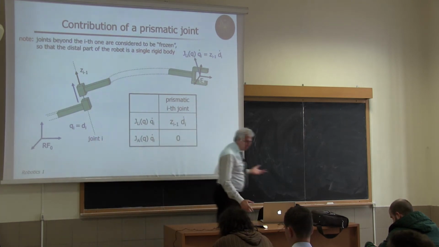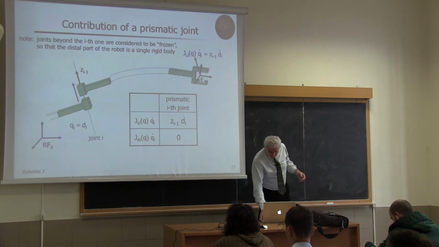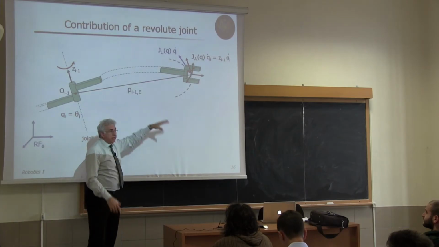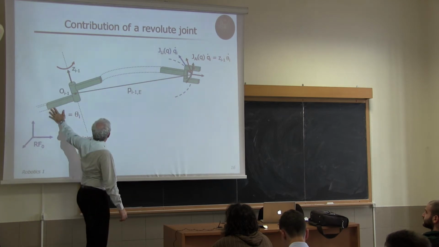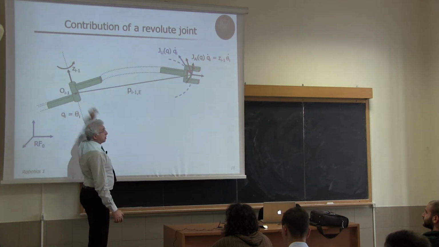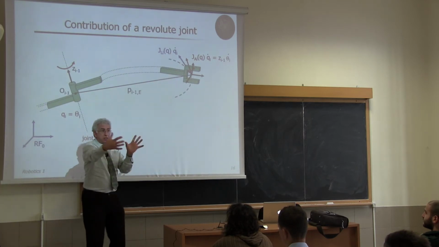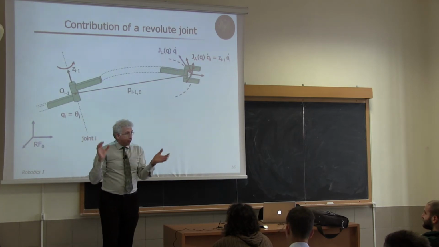Okay? This is simple. Same thing we do for a revolute joint, but this is more technical. So again, everything what is before is frozen. Everything what is behind is frozen. So this is not moving. I'm giving a rotation around this joint axis, and all what follows is a single body that rotates around the